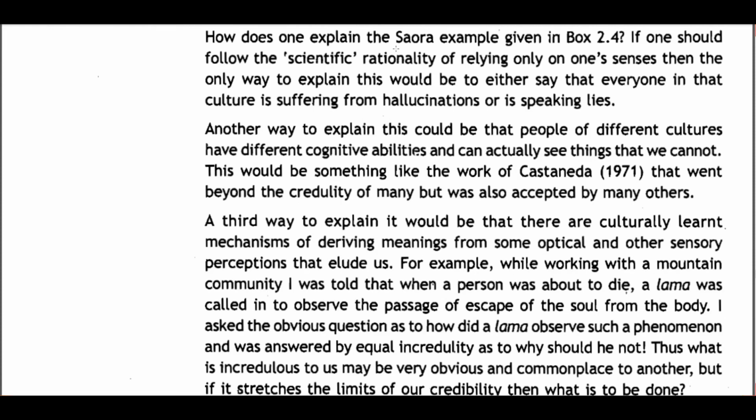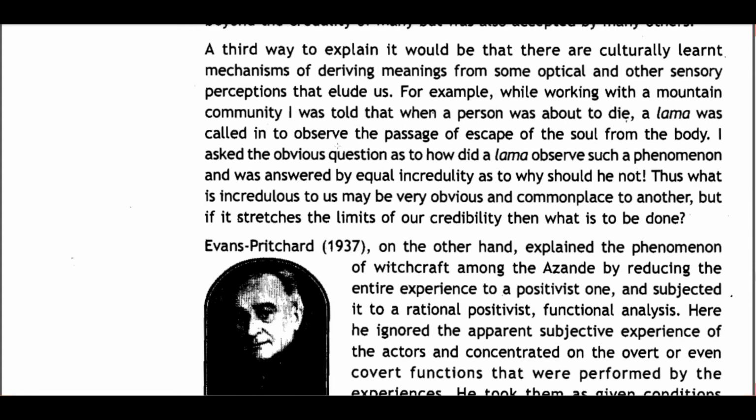How does one explain the Sora example given in Box 2.4? If one should follow the scientific rationality of relying only on one's senses, then the only way to explain this would be to either say that everyone in this culture is suffering from hallucinations or is speaking lies. Another way of explaining this would be that people of different cultures have different cognitive abilities and can actually see things that we cannot. This would be something like the work of Castaneda, that went beyond the credulity of many but was accepted by many others. A third way to explain it